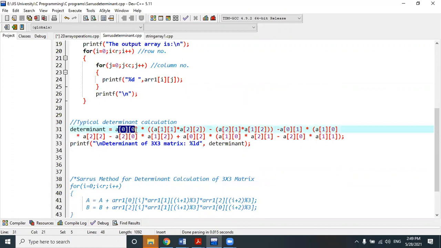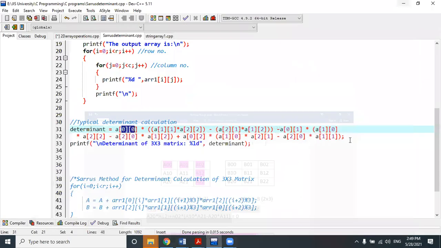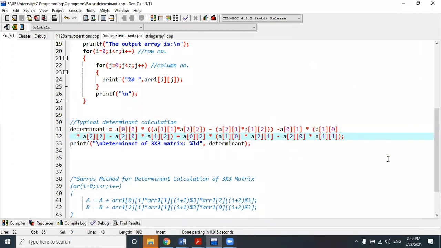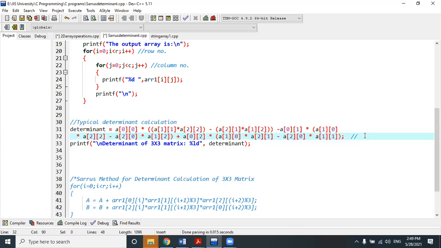But here I am directly using the indices of a 3 cross 3 matrix in such a way. I have represented them as indices, directly in the form of an array. But that is not a proper way. It is not good at all. Why? Because this is only applicable for the 3 cross 3 matrix. But I want to apply my concept for an n cross n matrix, not 3 cross 3. For n cross n, you will have to replace this 0, 1, 1, 0 with ij, some sort of generalized form. So you will have to do it on your own.